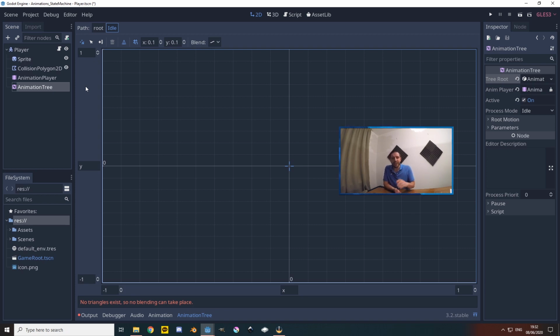But that original X and Y value based on those arrow keys, which can always be a maximum of +1 and a minimum of -1, that is the coordinational input that we can use and transfer here to the blend space so that the animation tree manager can pick the right direction of the animation. That's what we're gonna do, and I'll show you how to do that.